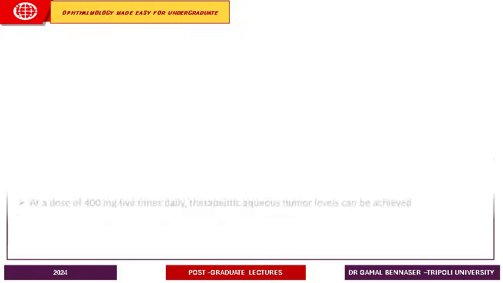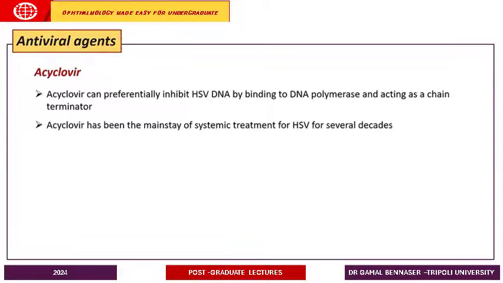Now we come to the oral antiviral agents. The most common and the most famous one is aciclovir. It hasn't got FDA approval and it's not available in the United States. And it is the one which was used in the herpetic eye disease study. And it has a very poor bioavailability. Only 10 to 20% is absorbed through the gut. But it is very safe for the kidneys. That's why it is good in people with renal impairment, unless the glomerular filtration rate drops below 20 ml per minute. So at that time, you should take care